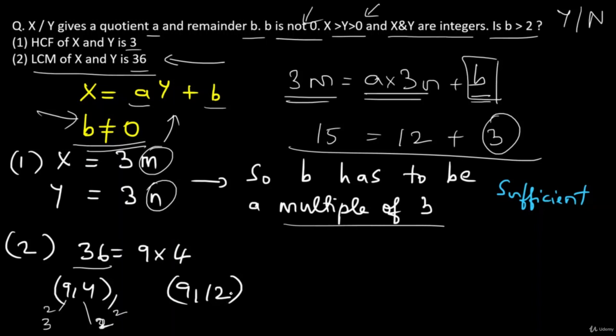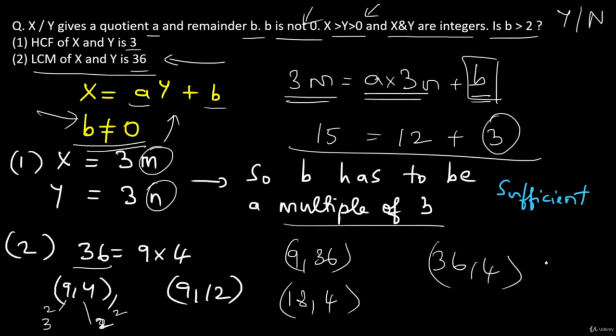I could again multiply 12 with one more 3, right? So 9 and 36 also have 36 as the LCM. Or I could multiply 9 with 2. So I get 18 and 4. Or I can multiply 9 with 4. In that case, I would get 36 and 4. All of these have 36 as the LCM. Alright, let's proceed. Now over here we have 9 and 4 and